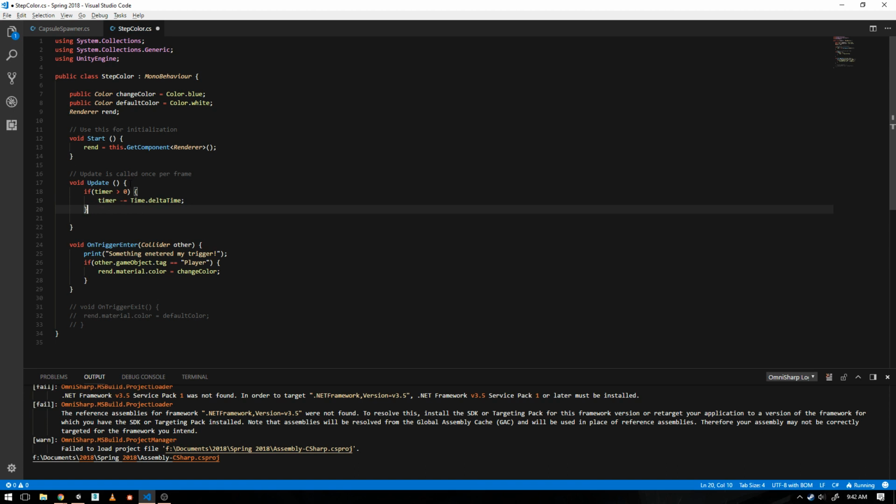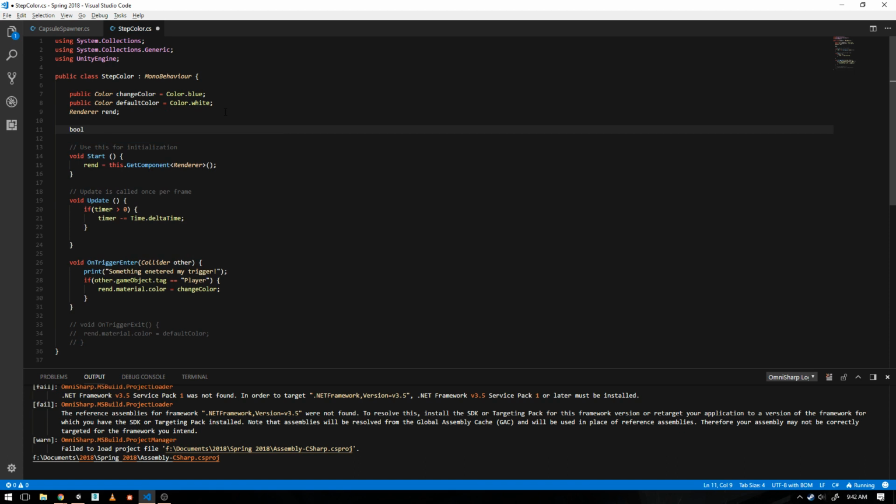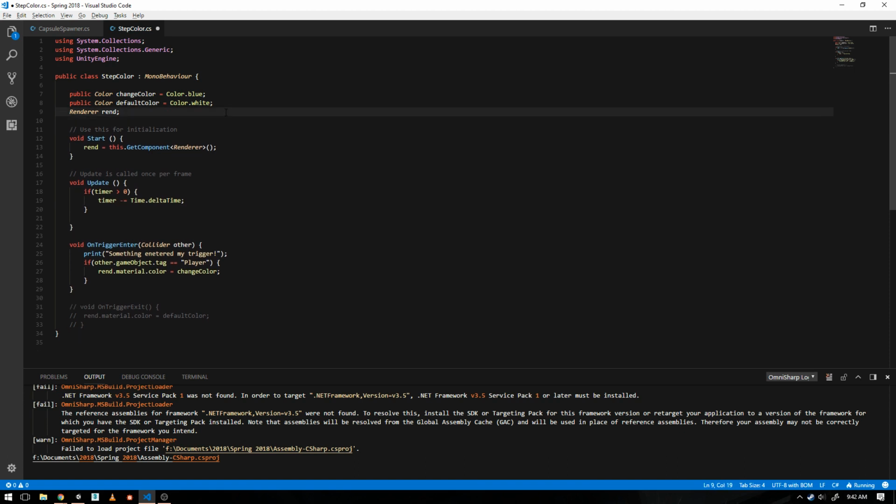If timer is less than or equal to that. How do I want to do this? I want to create a boolean. Bool. Let's just be simple about it, shall we? Let's be simple. Else